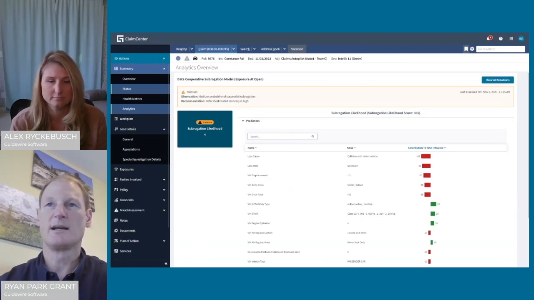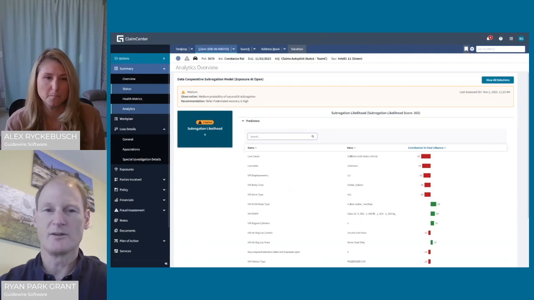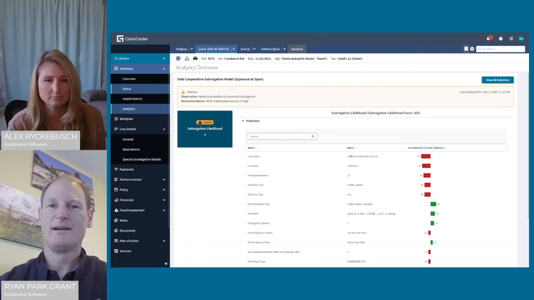We need an adjuster, somebody from the subro team to look at this case in particular and make a decision. And we find that you're not limited to red, yellow, green, obviously, but we find that that's a very helpful paradigm to have in claims, especially because it's usually we can go left or we can go right, or we need somebody to decide because it's a case that isn't clear.